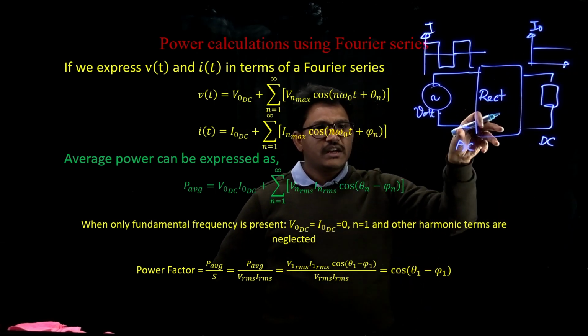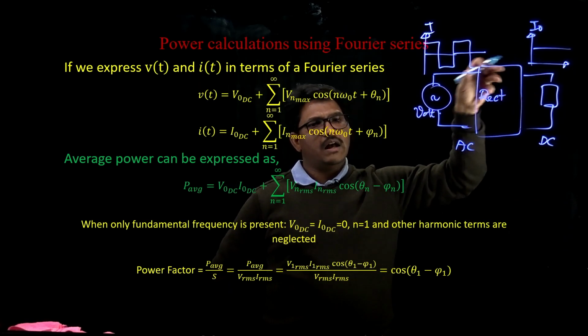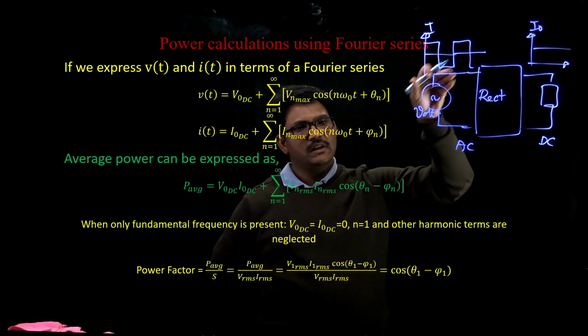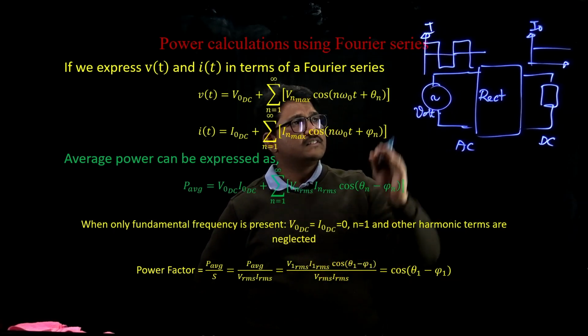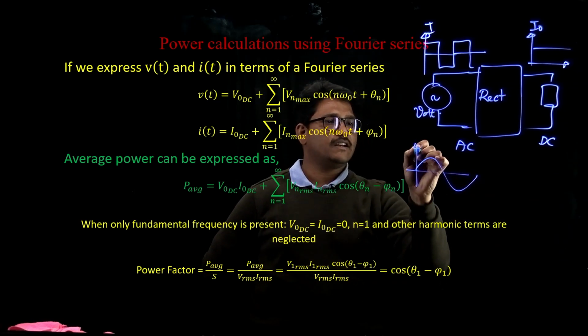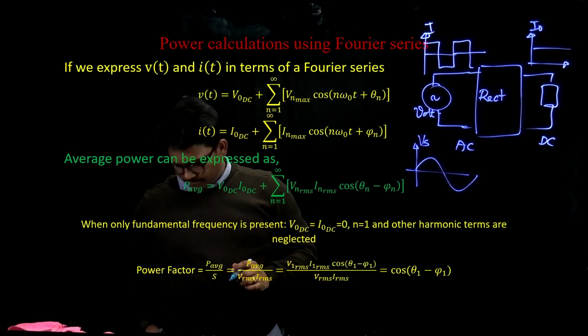So in the rectification process, you're getting a direct current from a sinusoidal source voltage where your source current is having harmonics. This is the case where your source voltage is sinusoidal, whereas